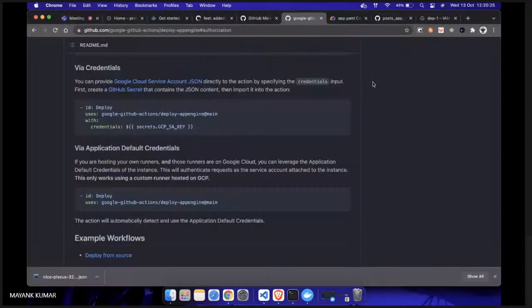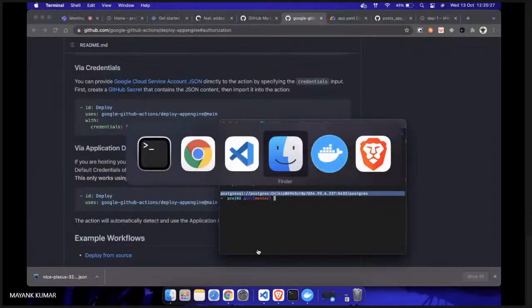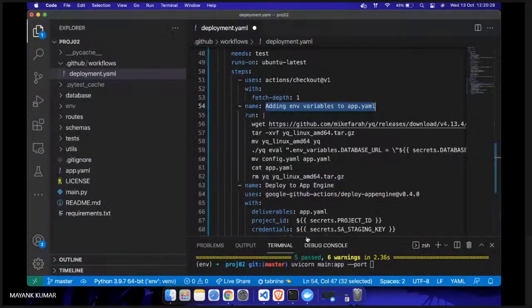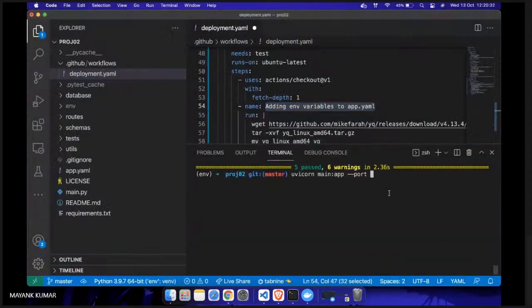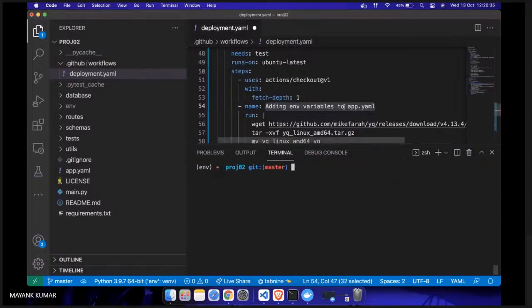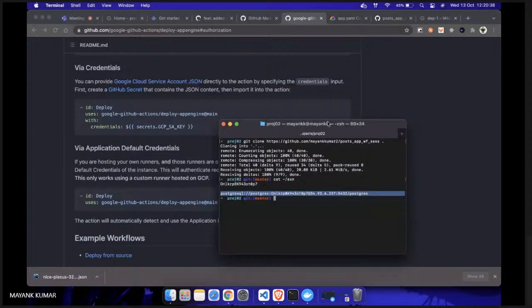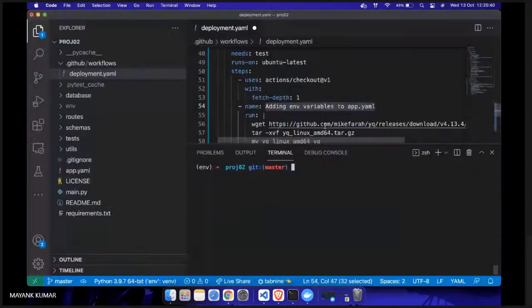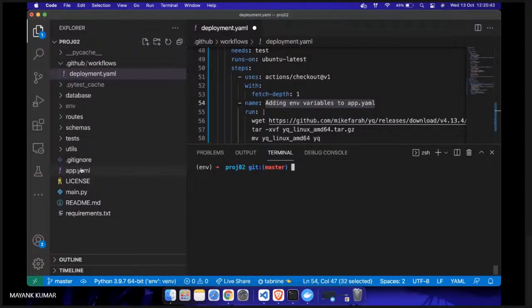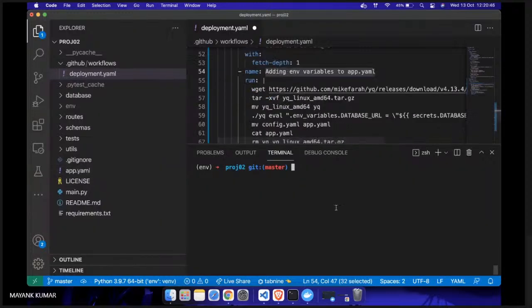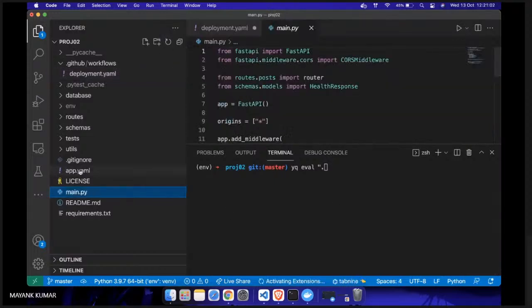We have a tool called YQ. What YQ does is it can add anything to a YML file. So if I want to programmatically add a variable inside my app.yml, I'm going to use a tool called YQ. So YQ.eval, and then I'm going to specify the command that I'm going to use to add a variable inside or manipulate my app.yml. Let's go inside app.yml, and I want to add